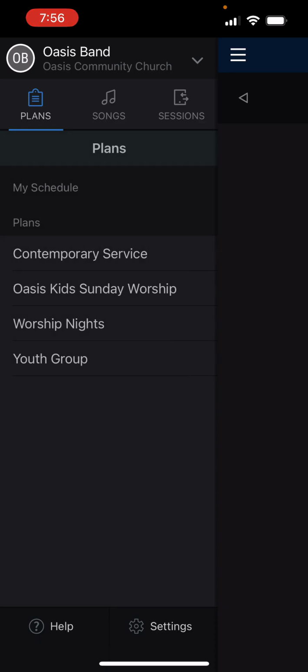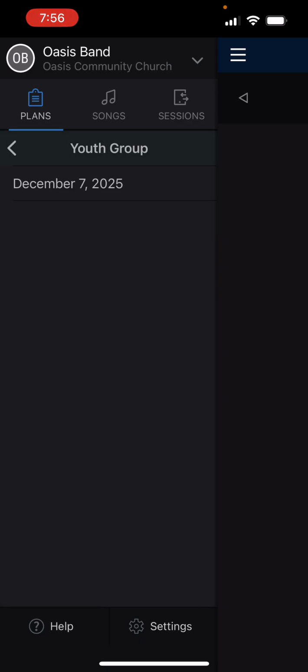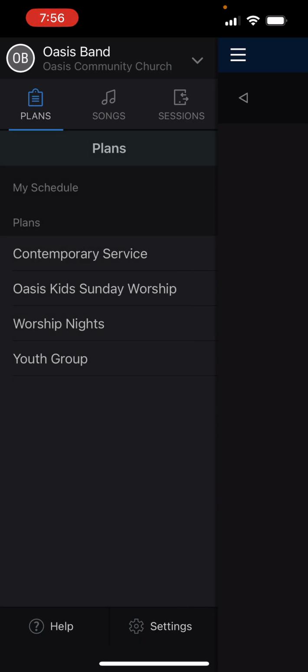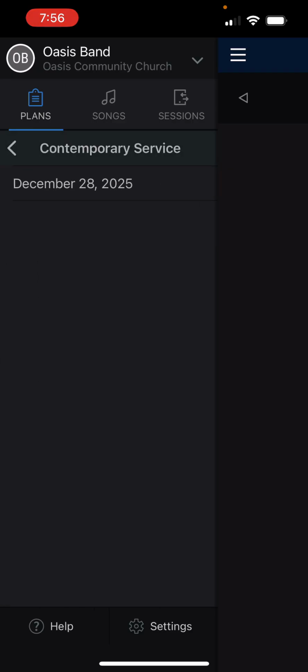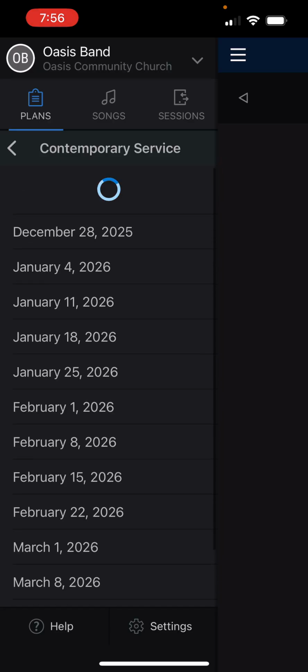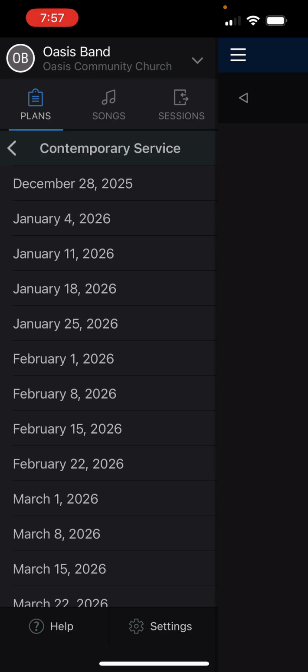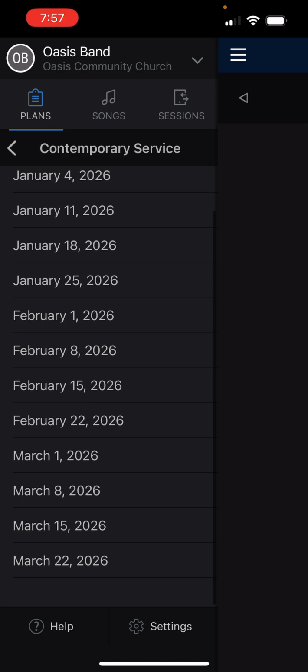You can click the back button and switch between them. Let's say you're helping in youth group, you would click on youth and go there. We're going to stick with the contemporary service because that's what you'll most likely be using most of the time. If for some reason it doesn't load, chances are you've got bad signal or Wi-Fi. Under the contemporary service, we'll just go to the most recent one, or you can scroll to the date that